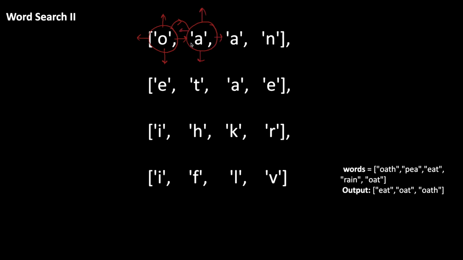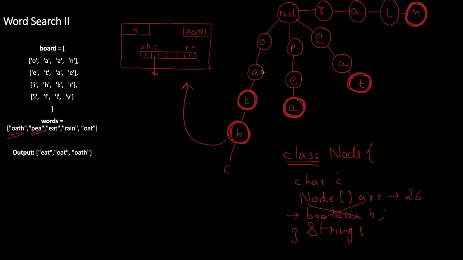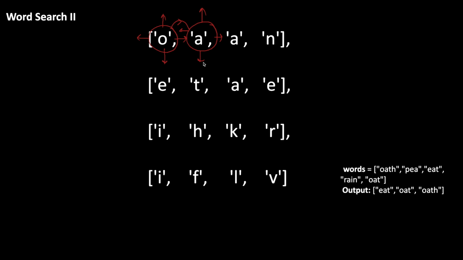And now what we will find, if you see, A is linked to T. So we are trying to find the next letter T. There is nothing on the top. Over here we won't go. Why we won't go? Because it will be an infinite recursion. Because if O calls for A and A calls for O, this will be happening again and again. So this will be an infinite loop.